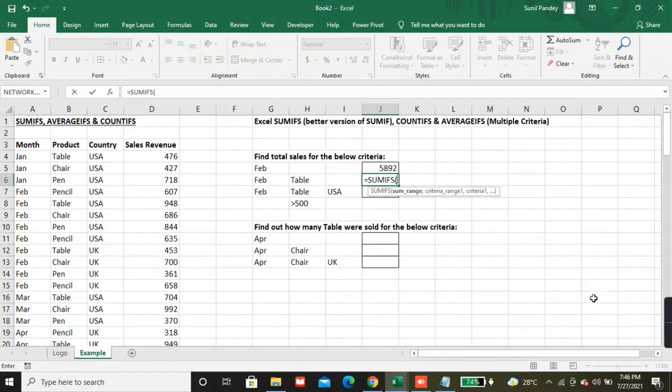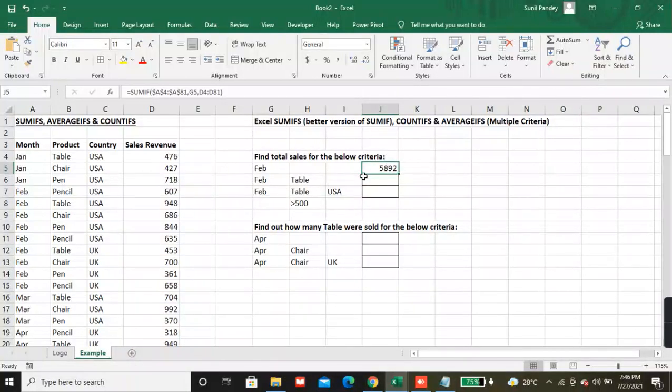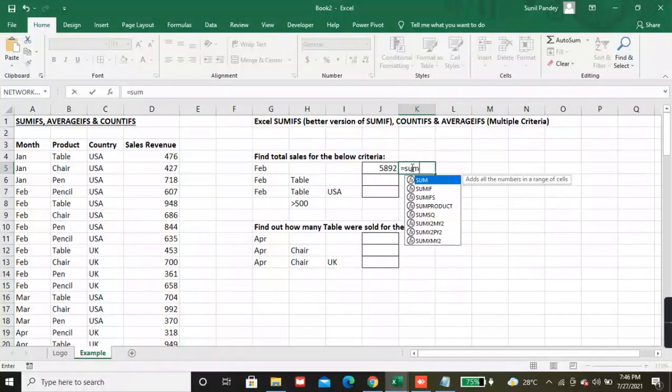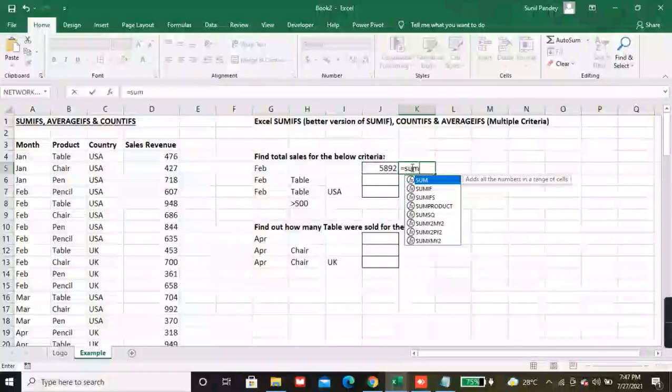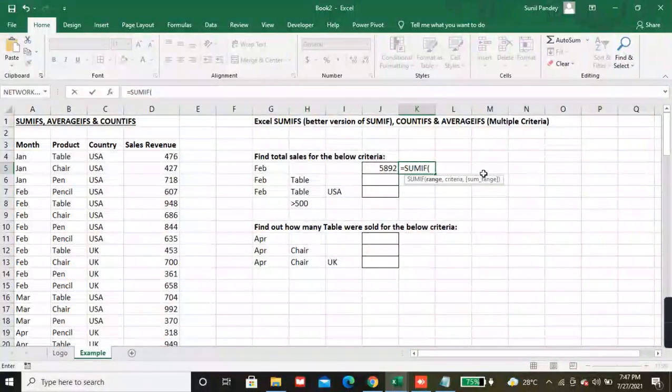Okay, so if you see the new function SUMIFS, sum range comes first. Okay, if you see this one, SUMIF, with the SUMIF your sum range is last.